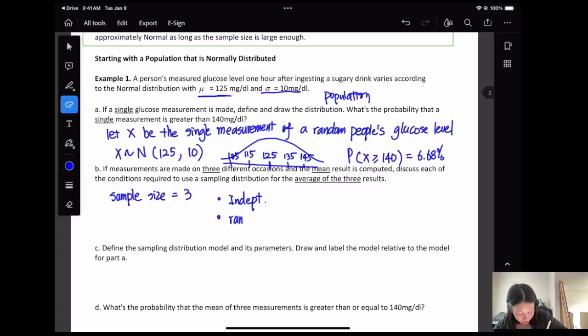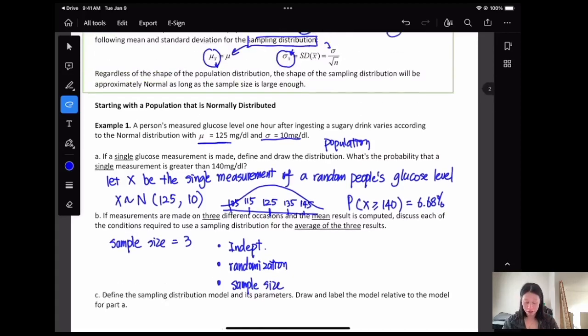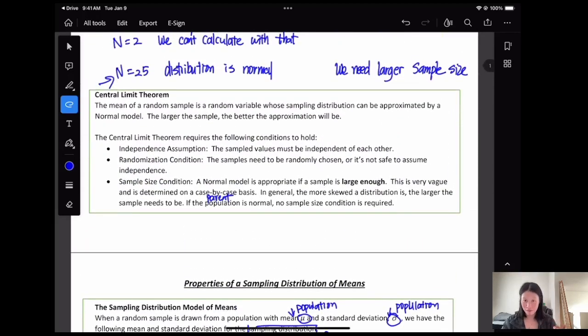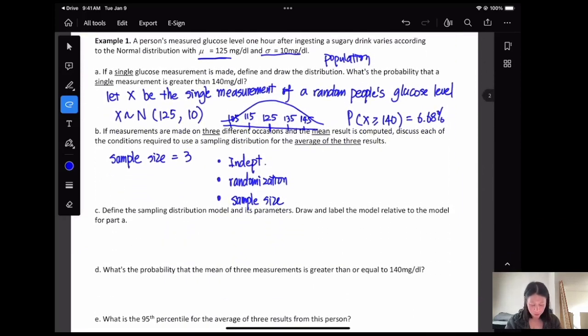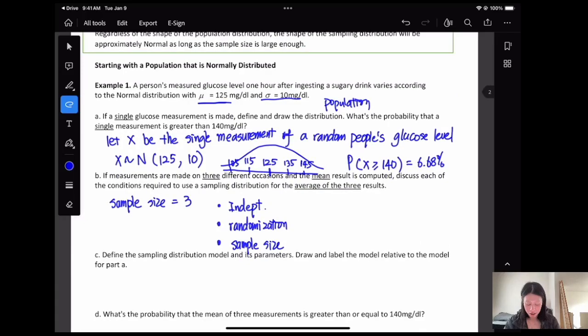The second one is that randomization should be checked. The third one is sample size. So these 3 are the conditions of the central limit theorem that we talked about last video: independent assumption, randomization, and sample size. If you meet these conditions, then you can apply the sampling distribution of the mean. Okay, but our sample size is only 3. This might be too small. However, earlier we also talked about that, hey,